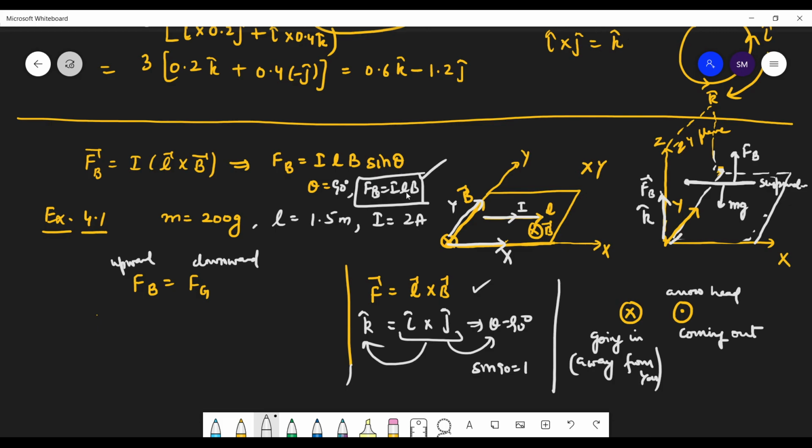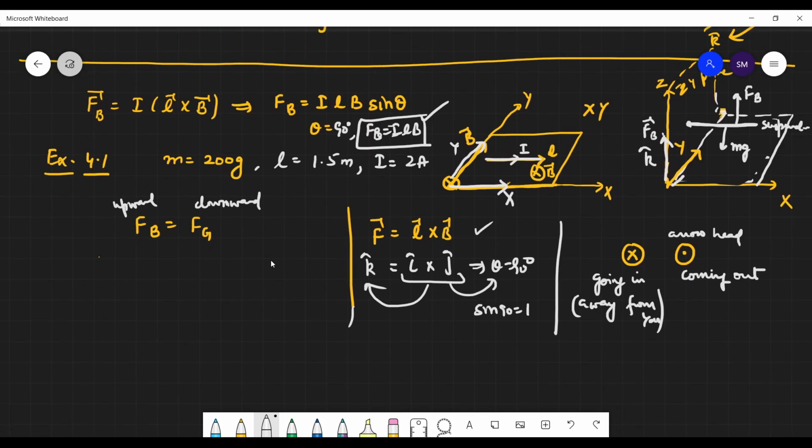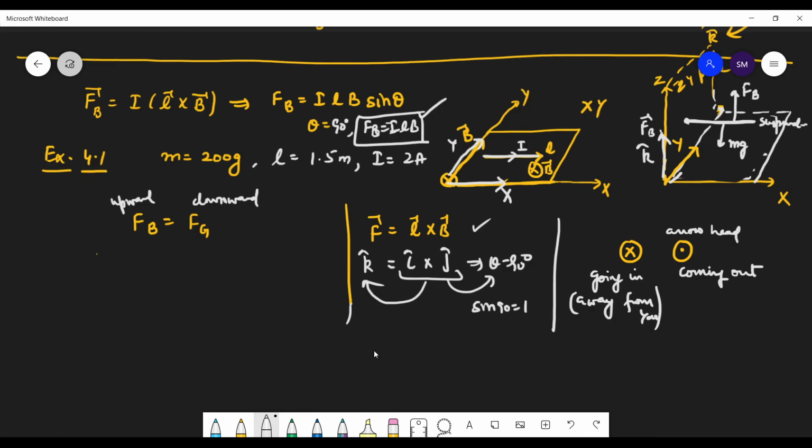If you directly write ILB, then also you'll get full marks, because sometimes in your books you will find the formula directly written. So when the formula is directly written, I told you, and you can again note this thing down if you have not noted it. So please note it down. You will have a confusion, sir, why this, why that. See, F is equal to, I'm giving you one example, I L cross B. So when theta is equal to 90 degrees, then the magnitude will be ILB. So sometimes this formula will be directly given to you, right?